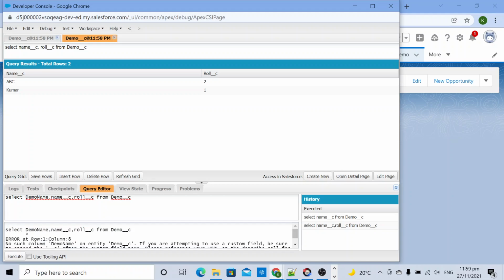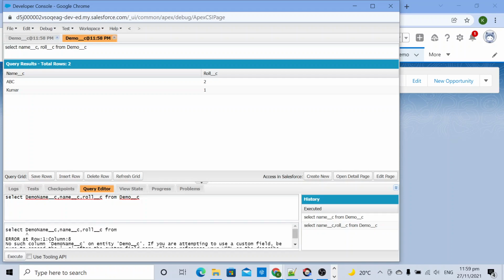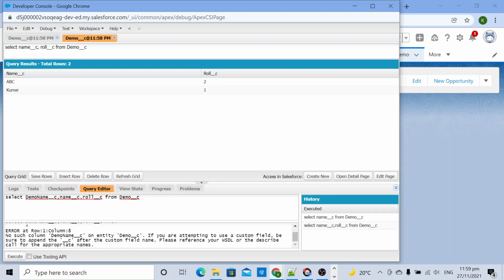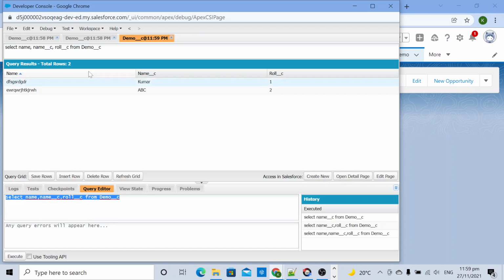For this also __c was there. No such column. Okay, it was only name. The column name was only name, it's not demo name. So you can write this query and you can validate.